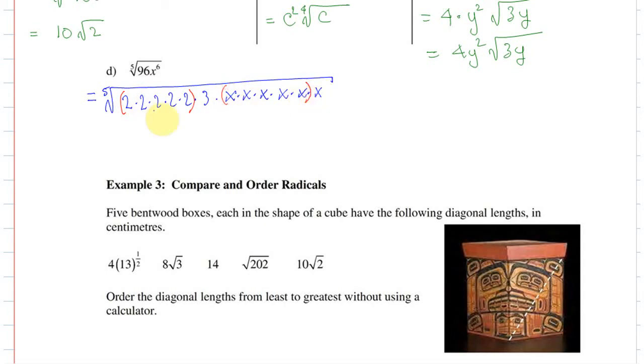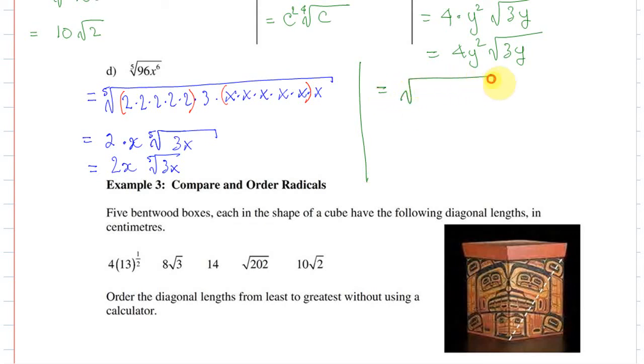And I'm going to pull those out, so I get 2 times x. I'm left with 3x inside the bracket, and that's going to give me 2x, fifth root of 3x. Okay, and if you want to use the other method,